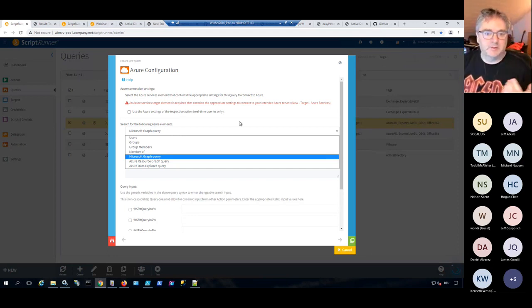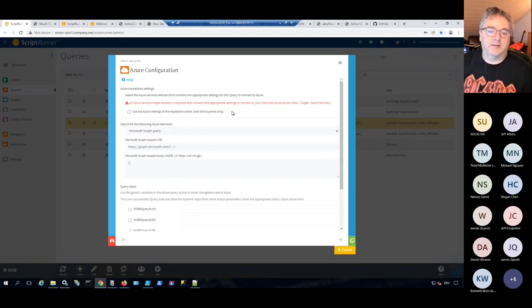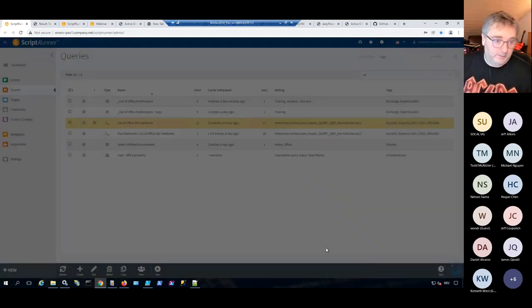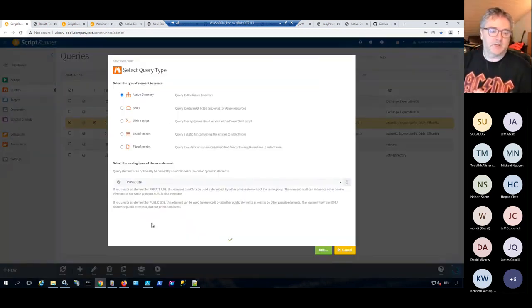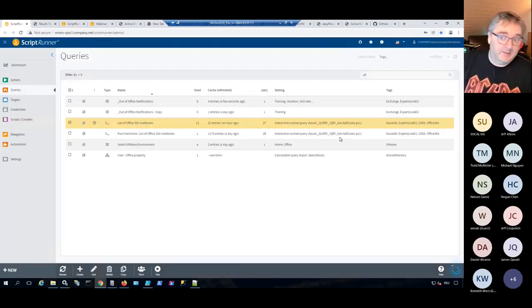You can have filters, and that's really helpful as well. Especially around Azure, and then you can have, of course, the usual suspects like Active Directory queries,